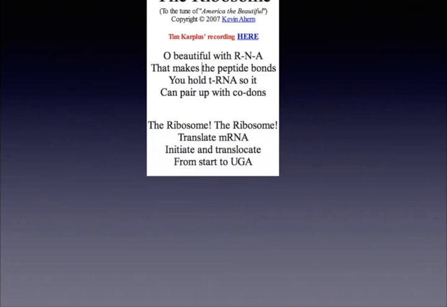Too beautiful with RNA that makes the peptide bonds. You hold tRNA so it can pair up with codons. The ribosome translate mRNA. Initiate and translocate from start to